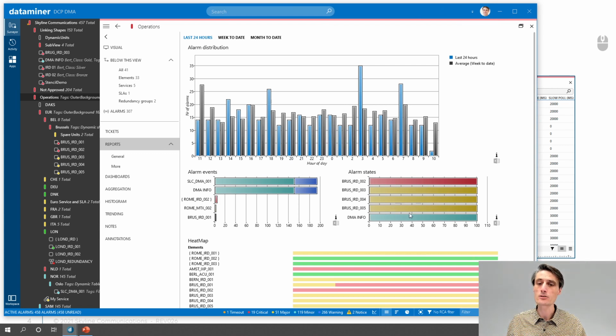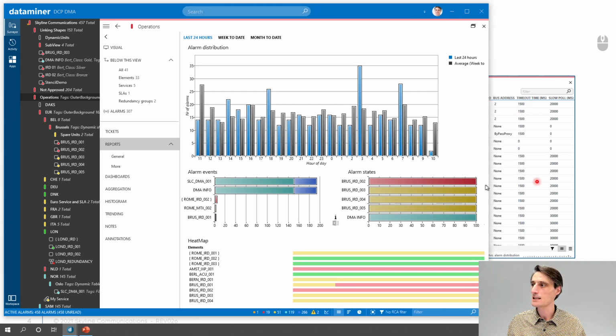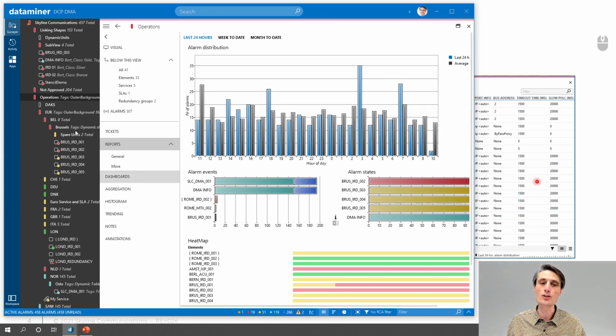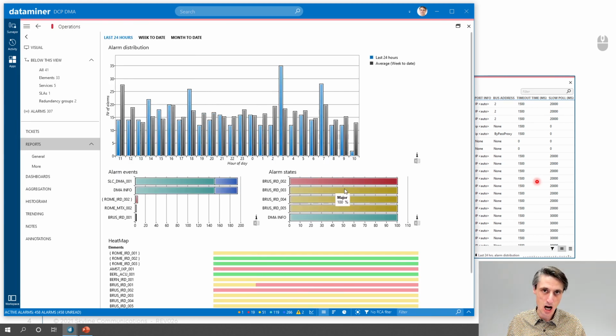Next to that, we have also the alarm states. The alarm state is a little bit different, because it is not about the number of alarms, but about how much time it has been in alarm. So you can see that this IRD02 has been 100% of the time in critical state. So although my servers here are generating a lot of alarms,